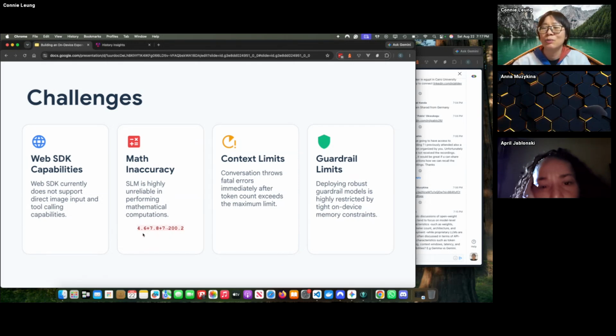During testing, I found out that Gemma tried to add these three numbers and returned 202. And then there is the context limit. After talking with Gemma 4 or 5 times, or 8 times,